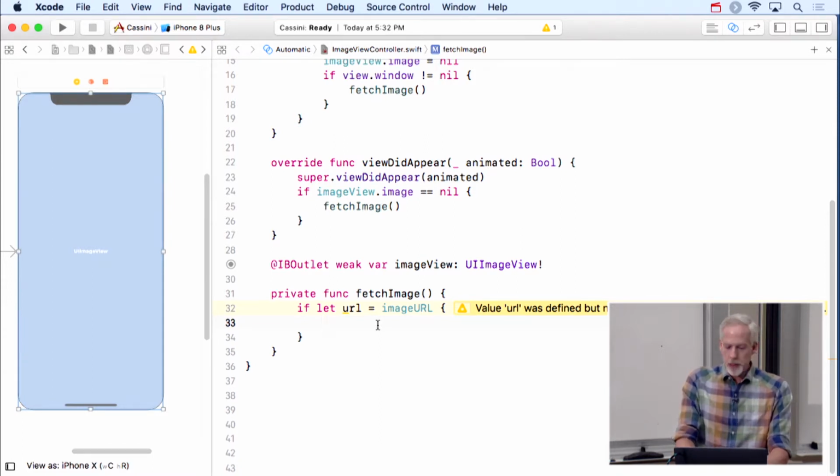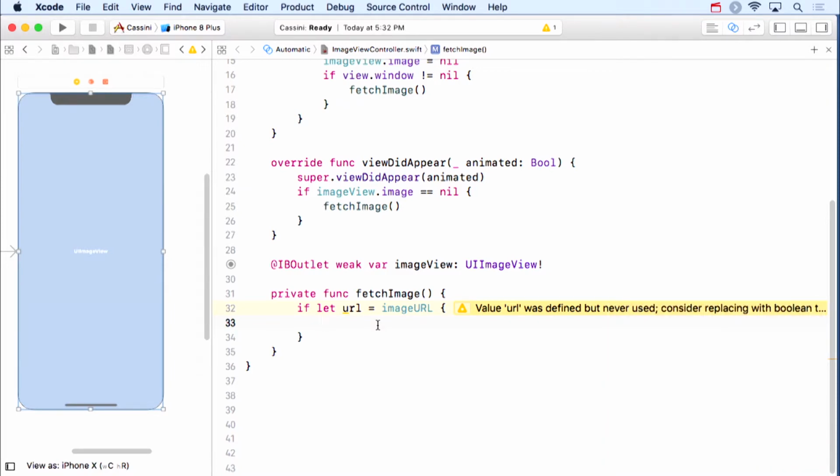But if I have it, then I need to go out on the internet and get the data at that URL and turn it into an image. So how do we go out on the internet and get data from a URL? We do that with the data object. Remember the data object I talked about? It's just this bag of bits thing. Well, it has an initializer, which is: give me a URL and I'll go get the bag of bits from that URL. So we can set a little local variable, which I'm going to call my URL contents, equal to